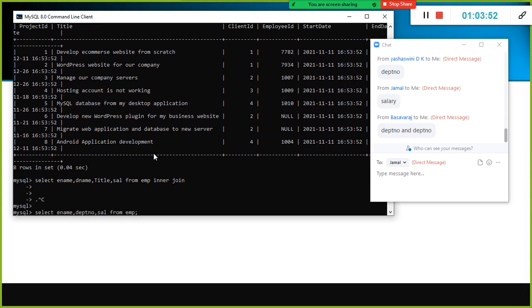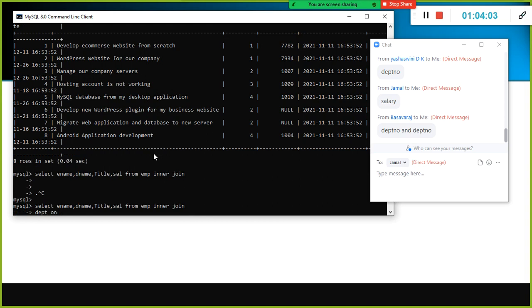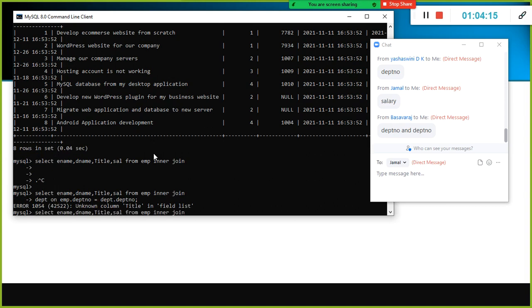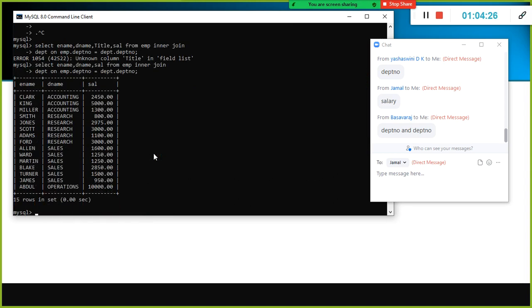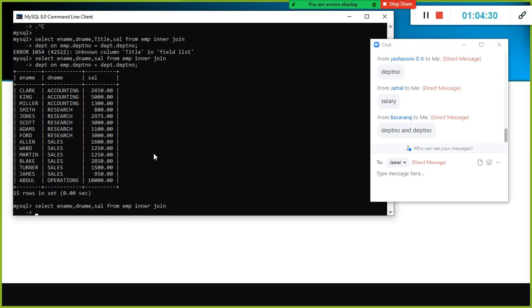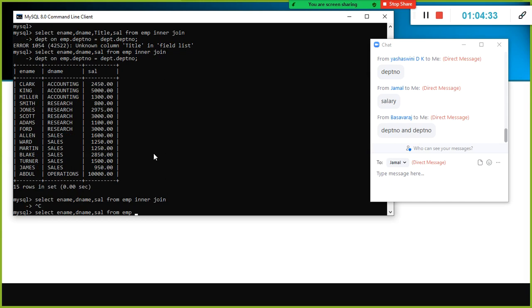So to join the tables, look here, instead of using this, from emp comma department, you can list down all the tables you want, where emp dot depart number is equivalent to depart dot depart number.